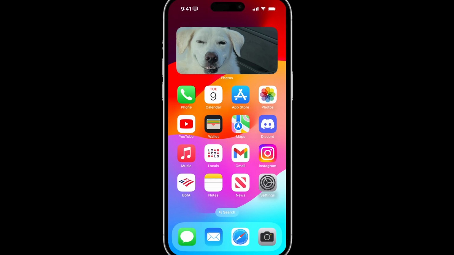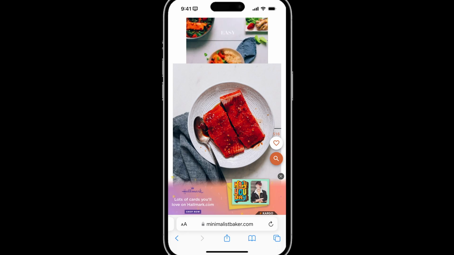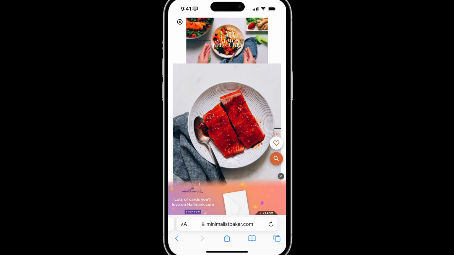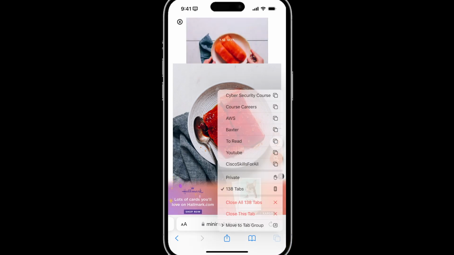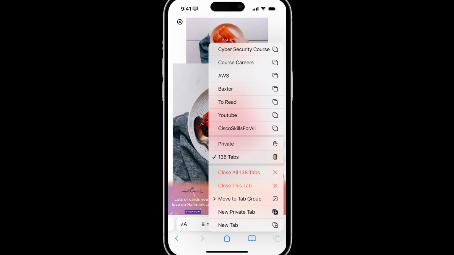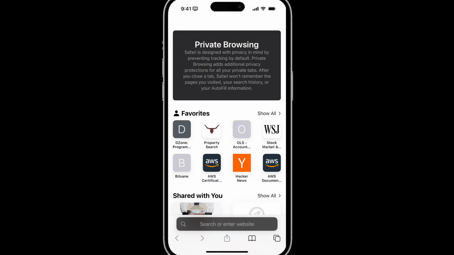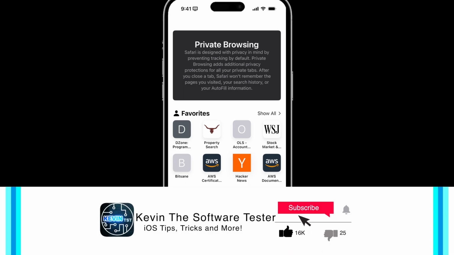In this video, you've already read the thumbnail, you saw the title, so we're just going to dive right in. In order to turn on private browsing in Safari, you want to open Safari, press and hold on the icon on the lower right hand corner, and then tap on New Private tab. This will open the private browsing window in Safari, and if we tap on any one of these icons here,